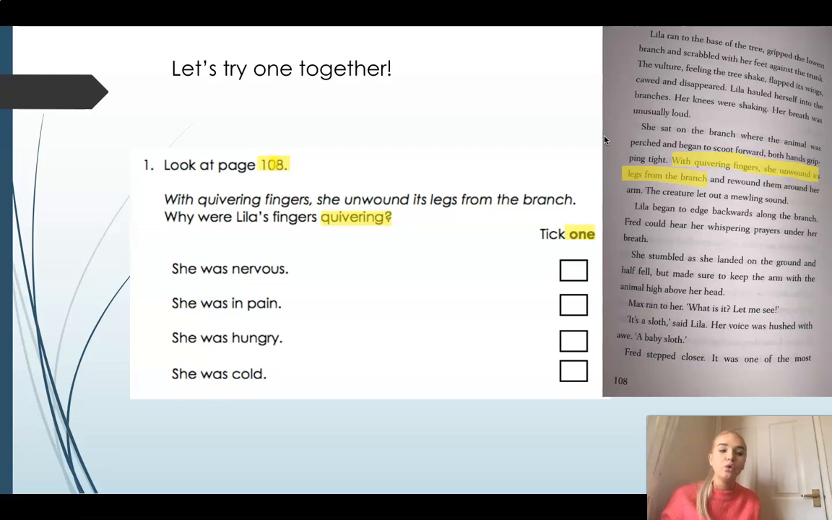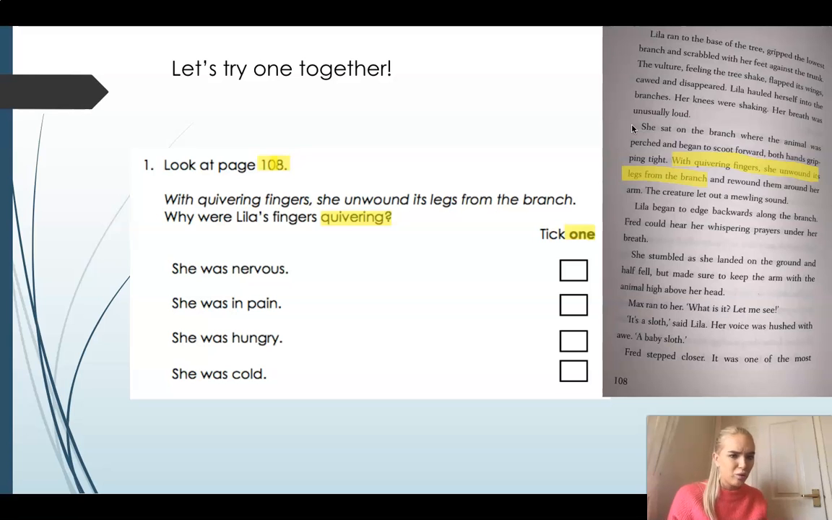That's right, I should read all around the text. So I'm going to start reading around it and thinking: she sat on a branch where the animal was perched. So this is where the sloth was, in the branch. She began to scoot forward, both hands gripping tight. So she was on this branch, trying to move forward